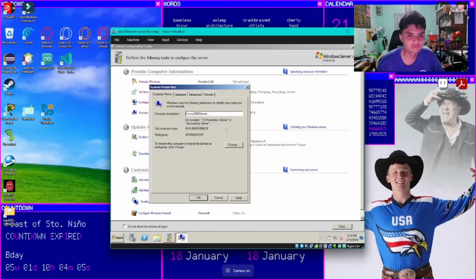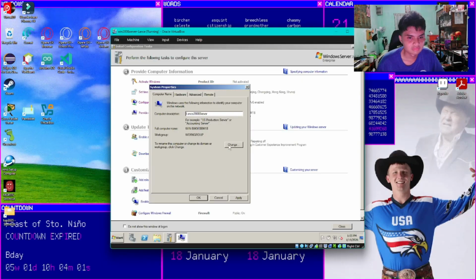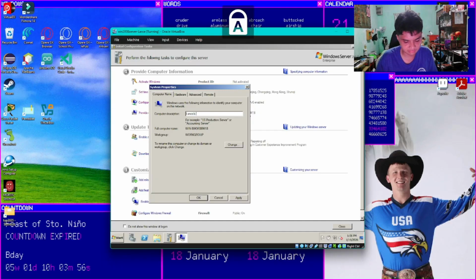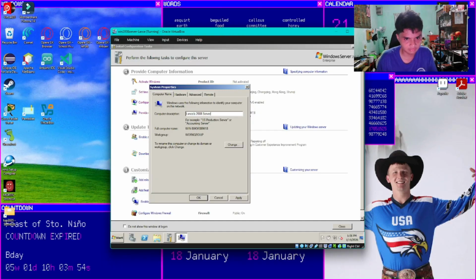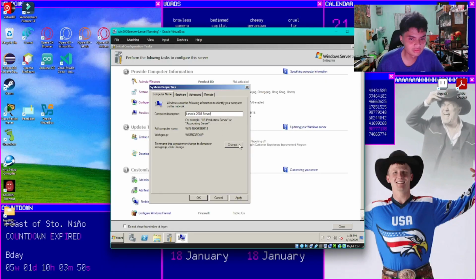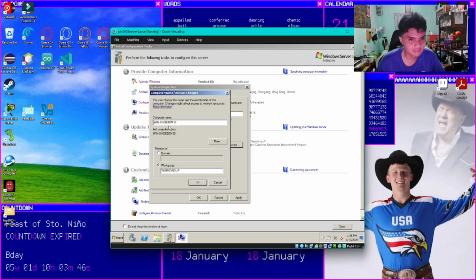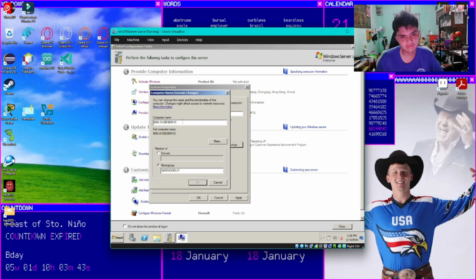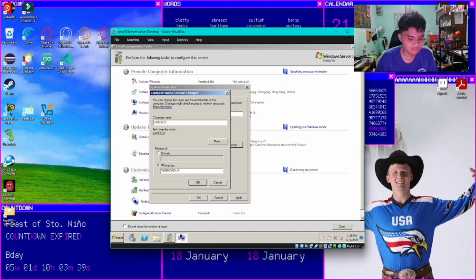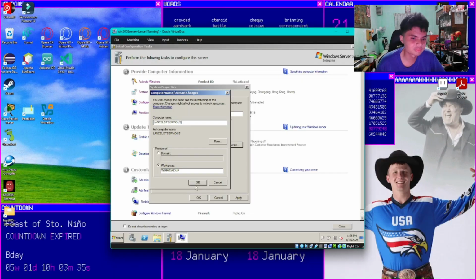That's the description of the computer, but you can change the name as I said. So let's say I want to rename the computer as Lancelot Cerberus. Then just press OK.